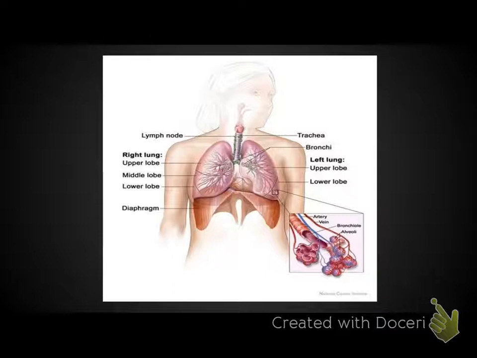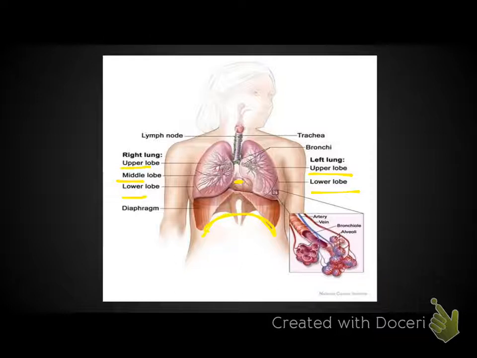But on the left side of the lungs, you'll see that we only have a two-section lung, or two lobes. So we have an upper and lower lobe, and that's because the heart actually leans a little bit more to the left than it is to the right in your body, and so it takes up room in the lungs. So the left lung is actually a little bit smaller than the right lung. The right lung has three sections, so you have the upper, middle, and lower lobe, and beneath that you have